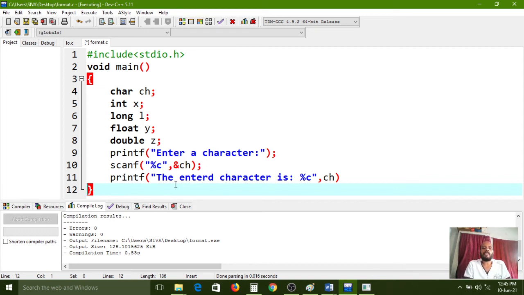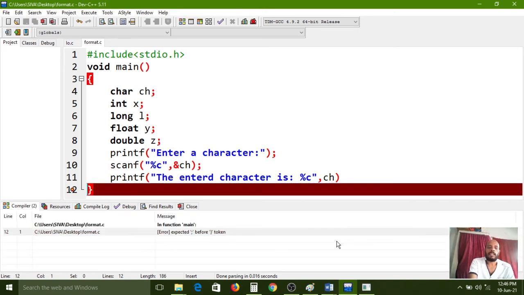Okay. So after storing, how is the user-entered input collected? Again we have to use one printf function to see the output. The printf function first collects the information from the variable. Here we have used ch. First it will check whether the ch variable is available or not. Yes, it is available. The ch value is the user-entered value, so that value is picked up here. After that this message will print: the entered character is percentile C, meaning whatever value we have in the ch variable, that value is printed here. Okay, now we need to execute, then only you can understand.